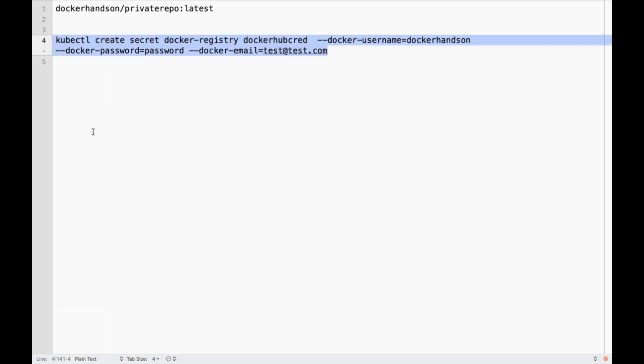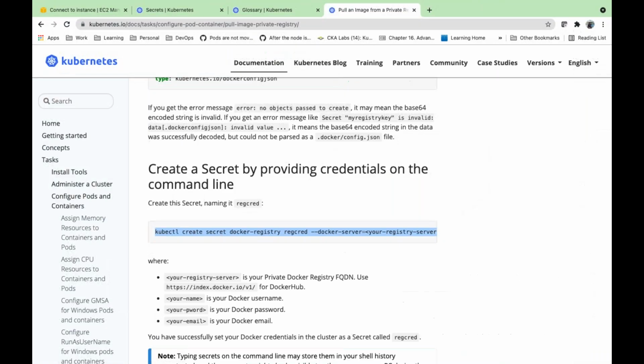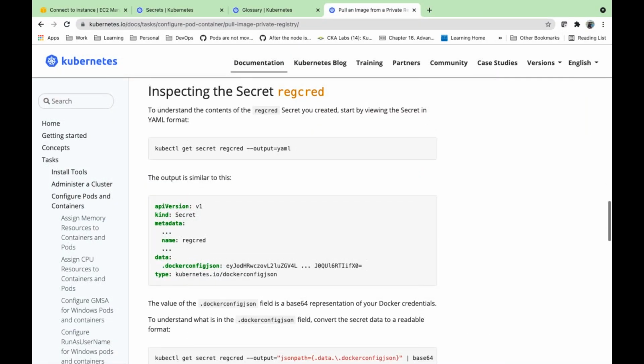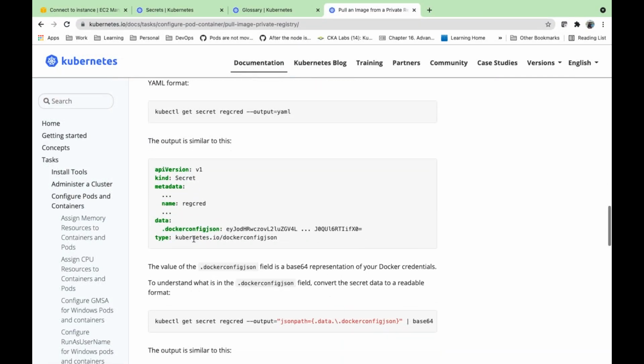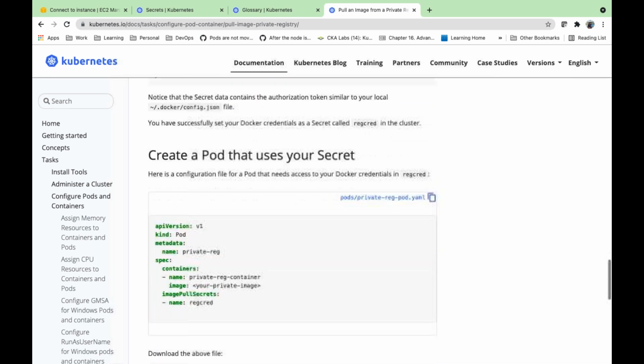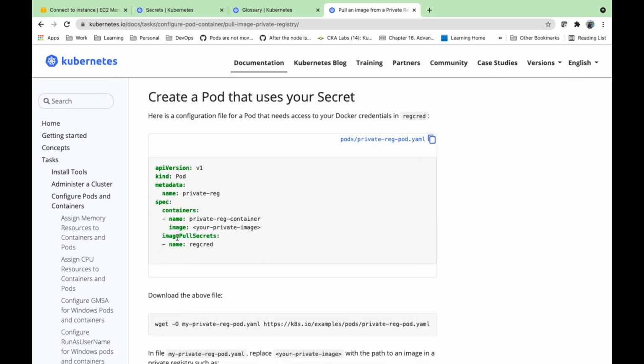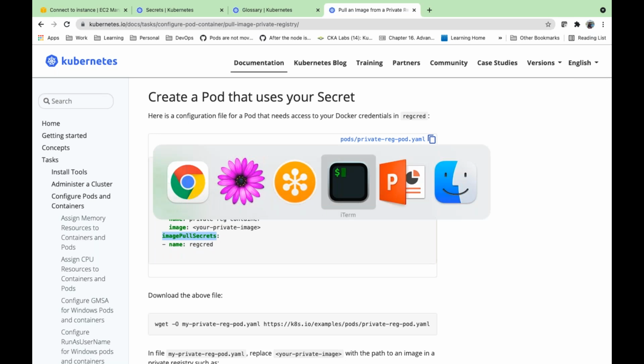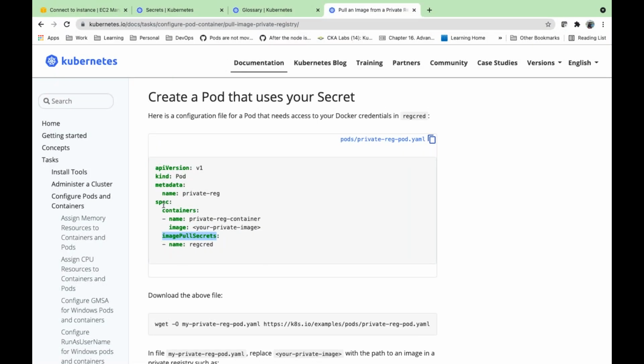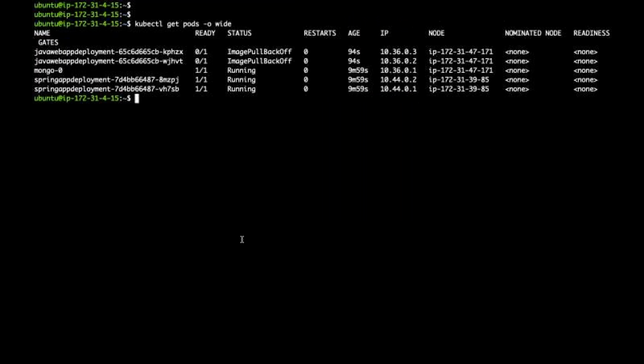Then this secret, once you create it, in your pod manifest, how do you refer to it? There is a property called imagePullSecrets. imagePullSecrets in your pod manifest under your pod spec. Whether you are creating a pod, under pod spec, or if you are creating a deployment or whatever it is,